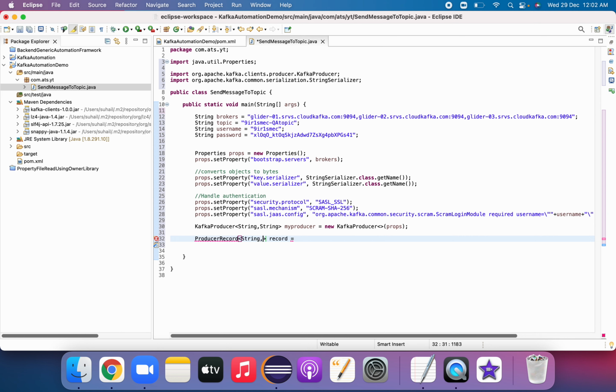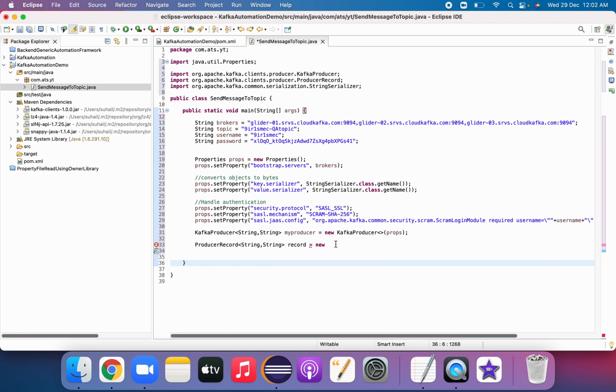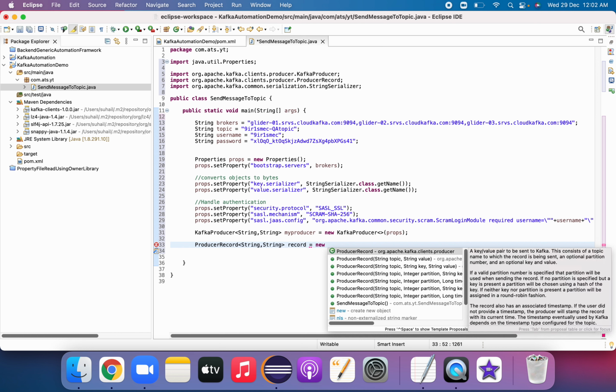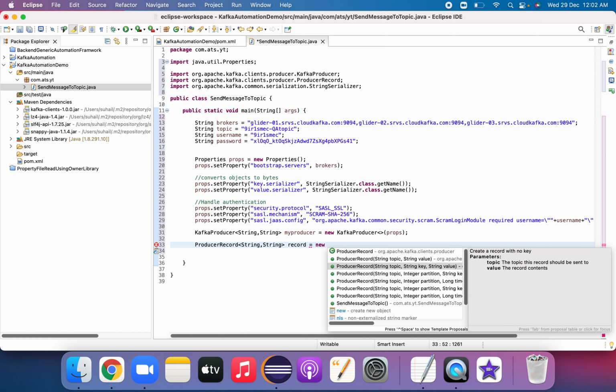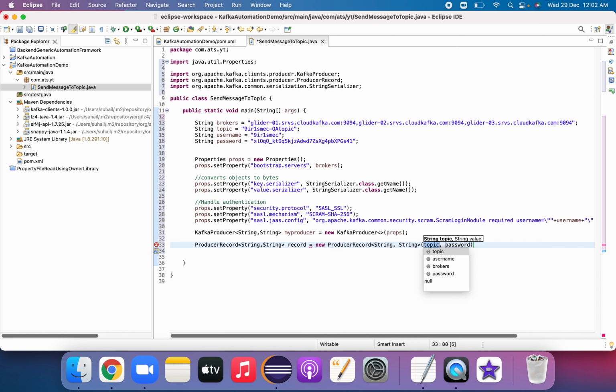Let's give key comma value type equal to new. So let us import this, and if you do ProducerRecord here, you can see n number of options are there. Let us see the first one. So let's take this one. This topic is the topic name.